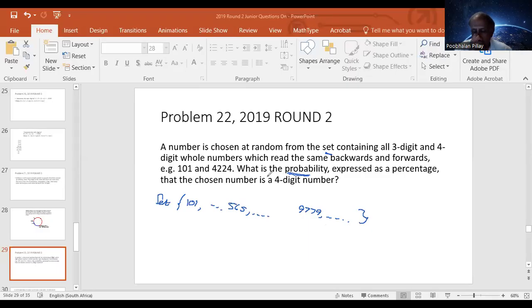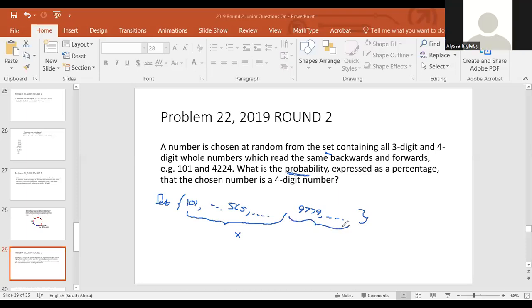All right, so you've got 3-digit numbers and 4-digit numbers. So let's say we've got X 3-digit numbers and you've got Y 4-digit numbers. Let's try to calculate how many 3-digit numbers are palindromes. You call these numbers which read backwards and forwards